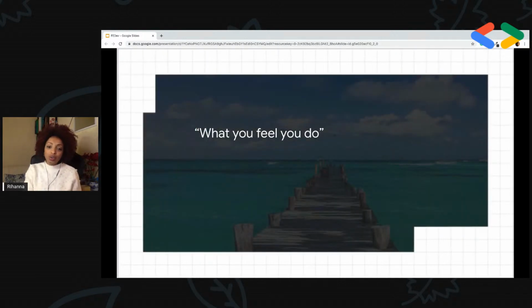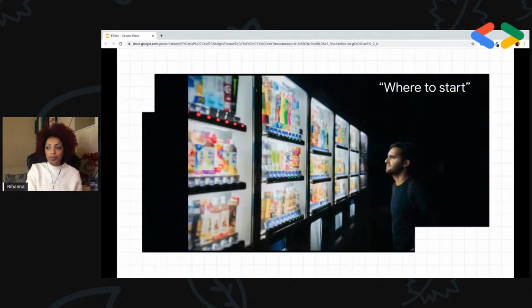What do you feel you do as a starter developer? Well, this depends on what stage you are in your career of development. At first, at least it was my case, you feel like you have too many choices, too many things to study, and you don't know where to start from.